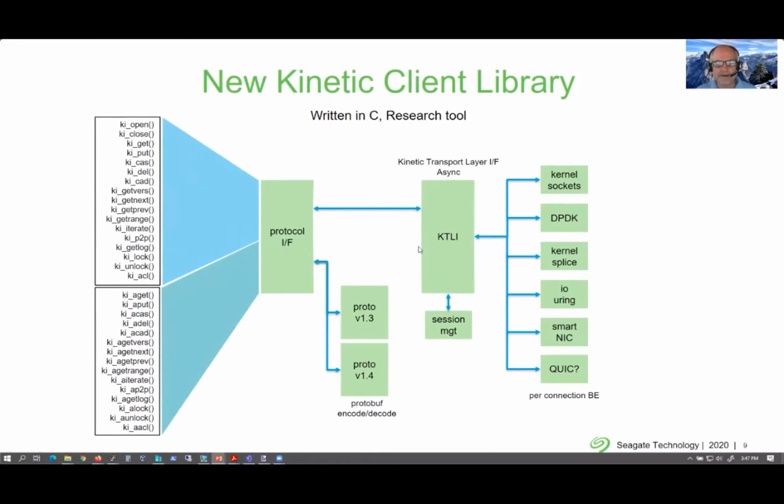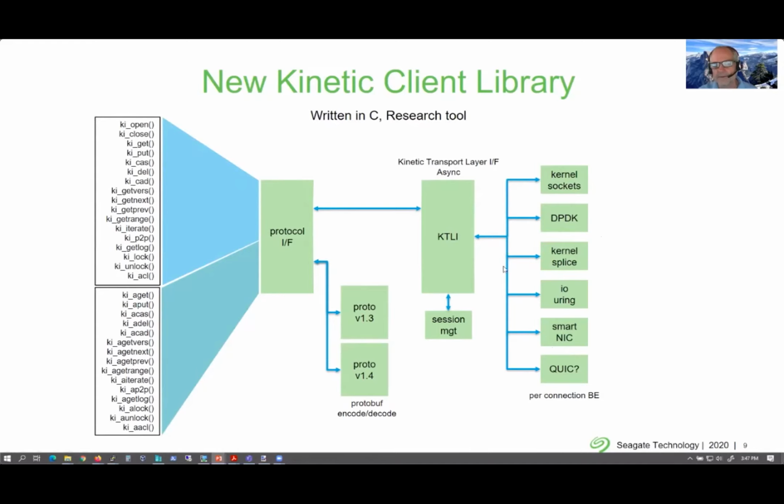It's broken up as a research tool to allow us to test against various different protocol versions of the Kinetic protocol. It also has differing backends, because one of the things that's changed over the last 5 years is the access APIs to the network stack. We have legacy kernel sockets, but we also now have DPDK, some zero copy things in the form of kernel splice, io_uring, SmartNICs, and even new protocols such as QUIC.